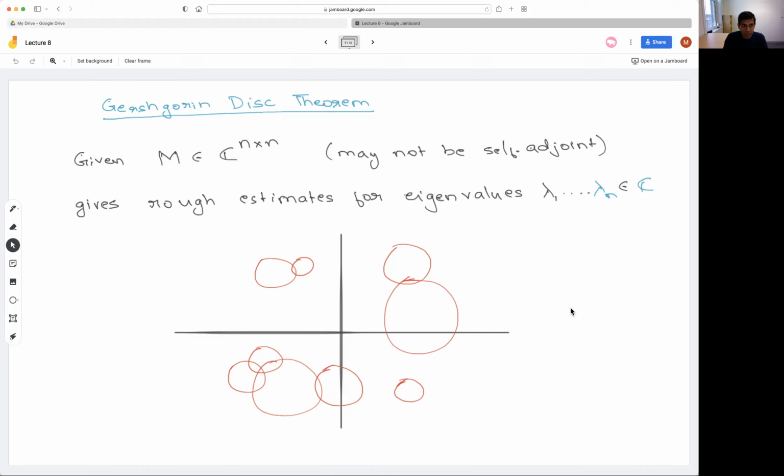So the Gershgorin disk theorem, or circle theorem, situates these eigenvalues in the complex plane. It says that the eigenvalues lie in one of these circles. If you have an n times n matrix, it will give you n circles, and your eigenvalues will lie in the union of these n circles. It's not saying that one eigenvalue will lie in each of these circles, by the way. It's not saying anything about how many eigenvalues lie in each circle. Okay. It's possible that maybe this circle contains 3 eigenvalues, maybe this circle doesn't contain any.